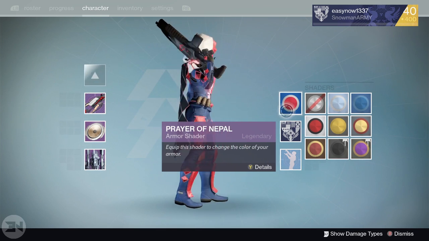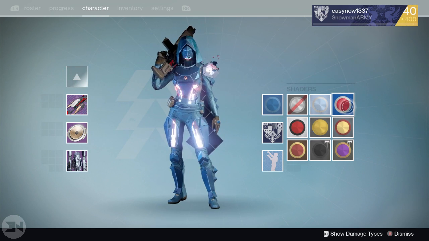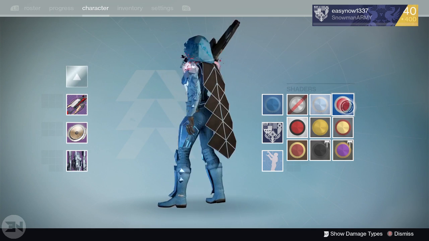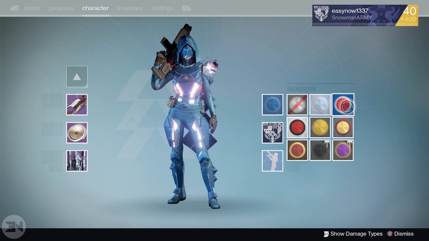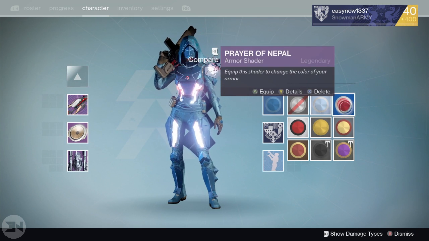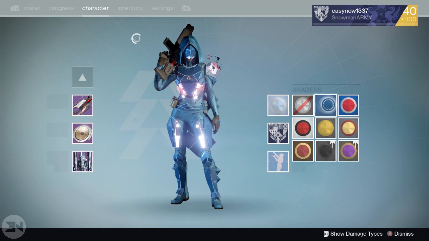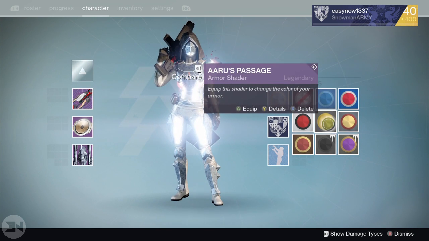Absolutely super cool. And the last one that he chose for me as well was Double Banshee. And having it as a full blue shader is something I never thought to do before. I'm a massive fan of red and black, but having blue with this ornamented animated design actually looks pretty damn cool. Arctic Proxy looks okay too, but you need to have the Vault of Glass cloak, sorry, and